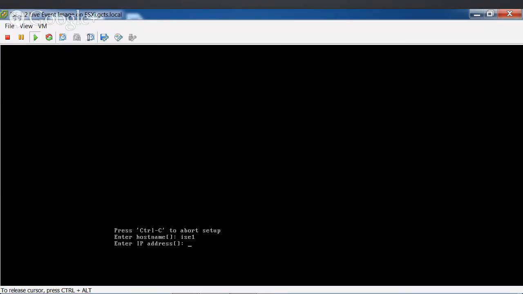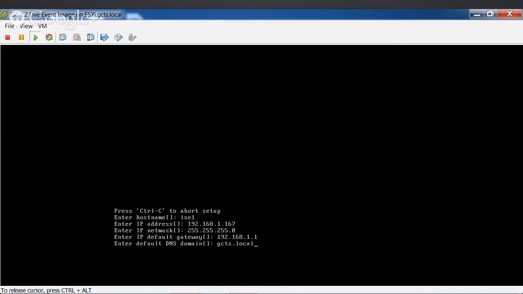So next thing we're going to do is enter the IP address. So I'm going to go 192.168.1.167. That's the address of my ICE that is already configured in my DNS server. It's already configured for my domain as far as who this device is. I'm going to add the net mask, which in this case is just a simple 255.0 net mask. The default gateway is .1, 192.168.1.1. The default DNS domain is